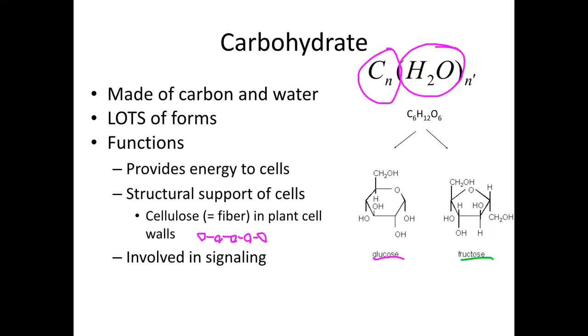And finally, carbohydrates can be involved in signaling. The reason that they can be great for this in cells is that there's a lot of different forms of them. These are only 2 of the possible hexose sugars, glucose and fructose. There's a lot of other ones. And so that huge diversity means that they can be really useful as address labels, essentially. And they're parts of receptors on lots of cells that will kind of say, this is a muscle cell, this is a white blood cell. Lots of different address labels means you can send things lots of different places.